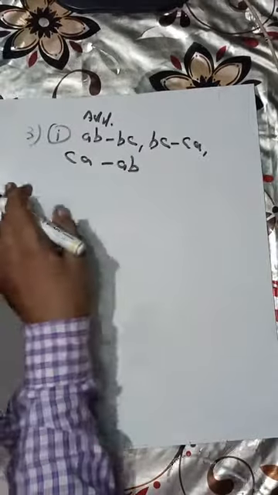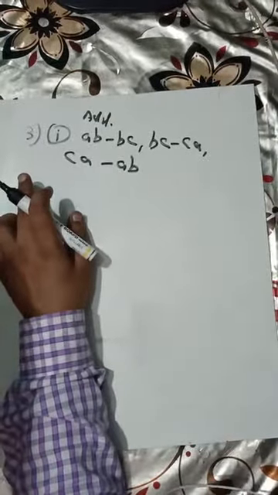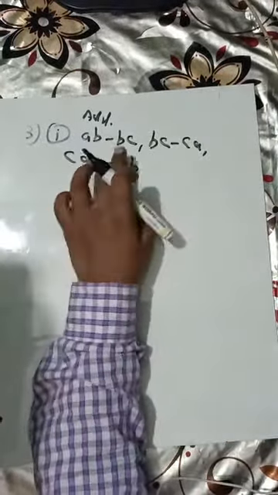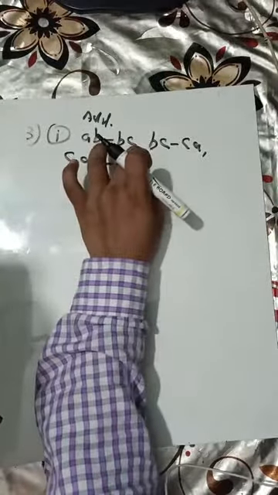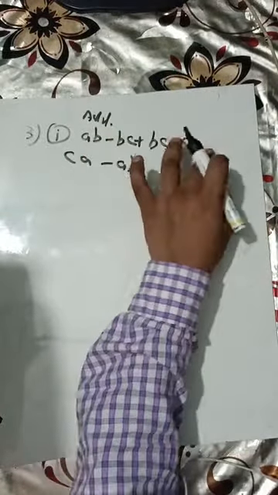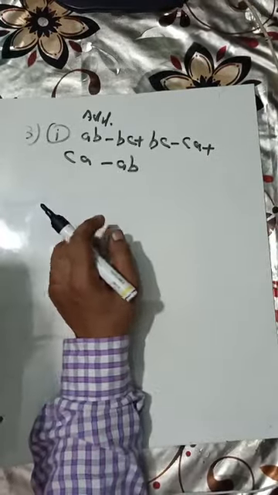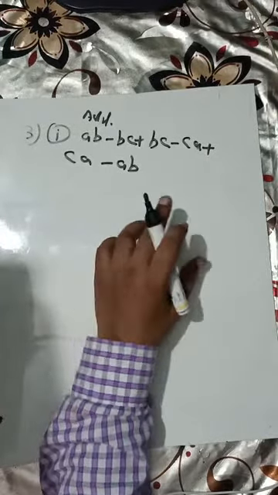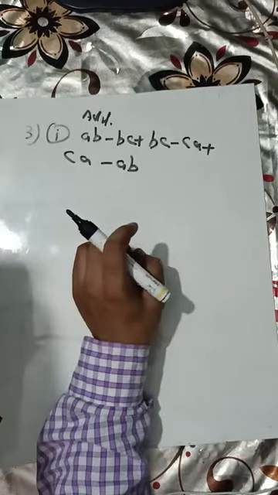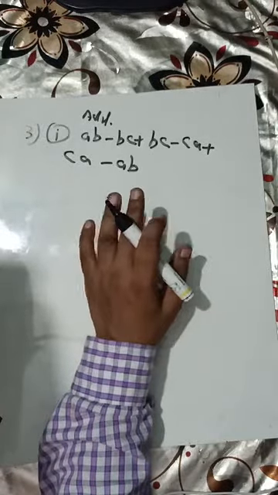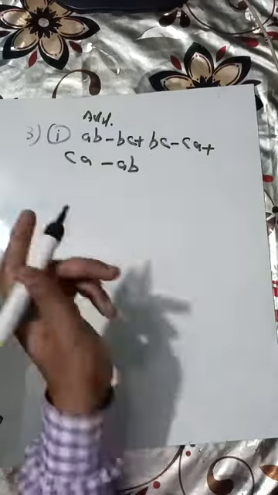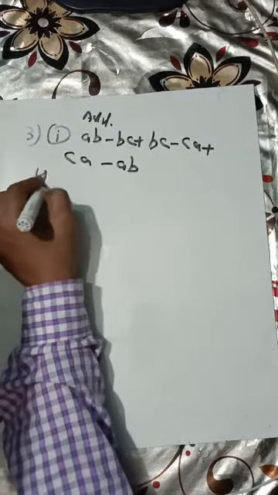Now there's a third question, first part of exercise 9.1. Here I have to add this term. Means I have to add this and this. So instead of bracket you put plus sign. Okay. So there are actually two methods. One is the horizontal method and another is the column method. Let me solve this one by one. I'll show you the first method. This is the horizontal method.